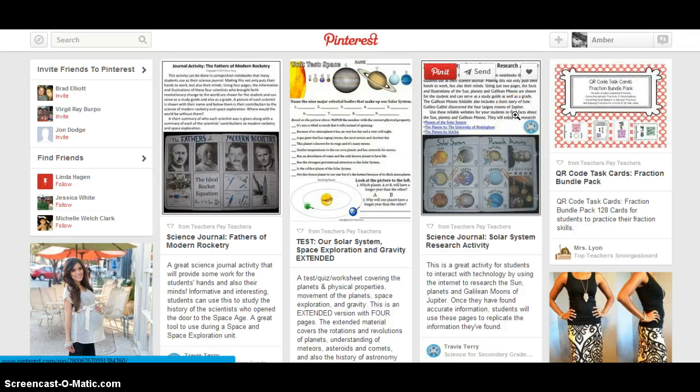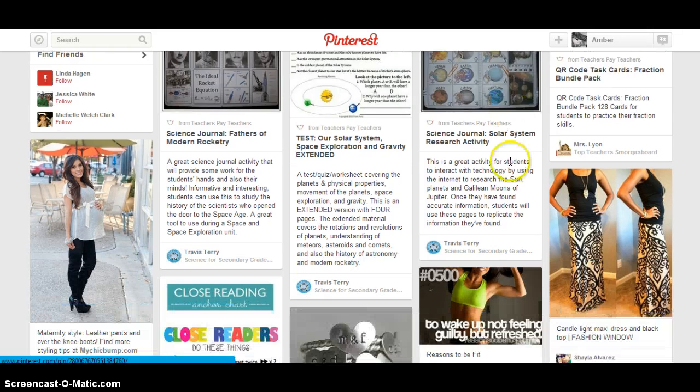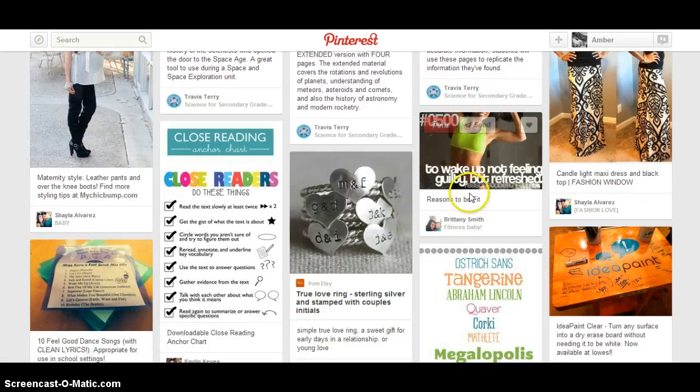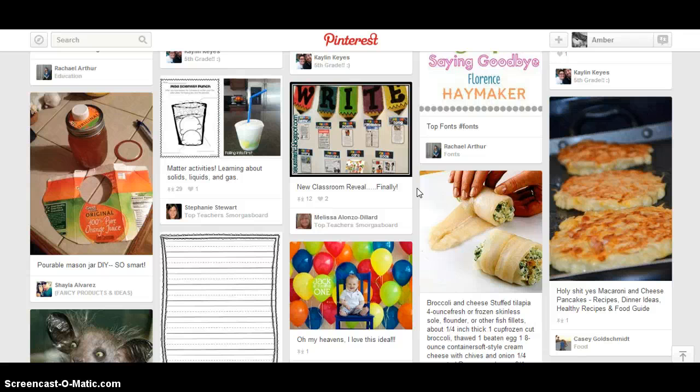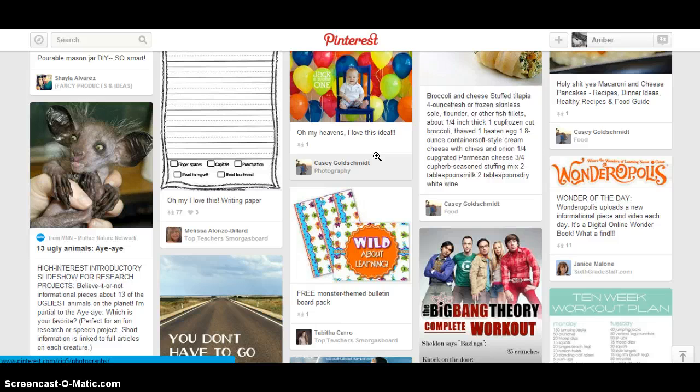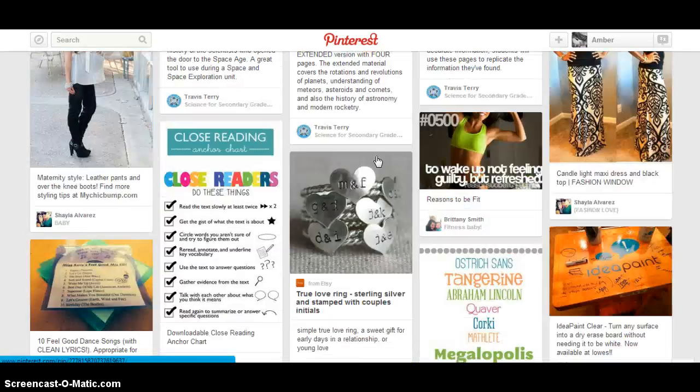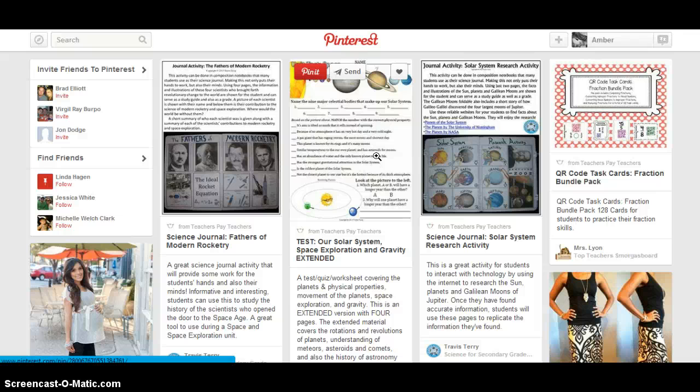Okay, so this is my activity feed. This is what pulls up. So you can see that I'm following someone who's doing something with science, some clothes, some fitness. That is one difficulty or challenge to this if you're only using it for educational, is that you will find way too many things that you will not be able to focus on educational only. You will find recipes and clothes and home do-it-yourselves, which do-it-yourself is very good for educational,